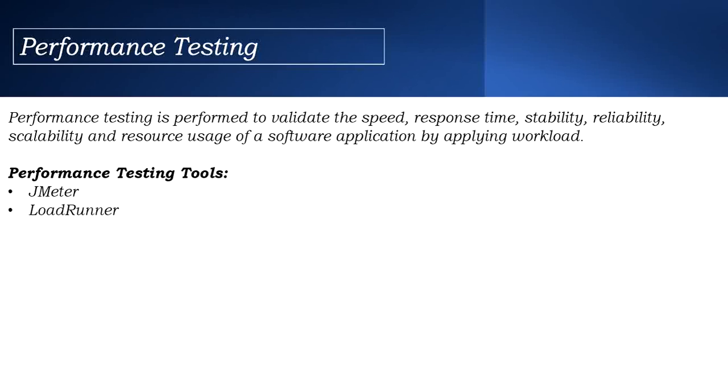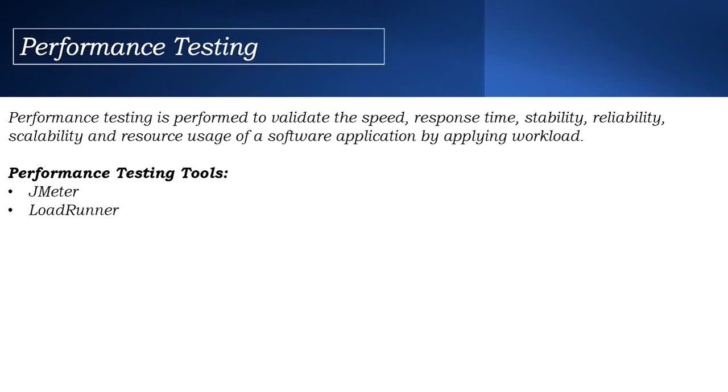JMeter and LoadRunner are the most commonly used performance testing tools. In real time, real users will be applying the load, using the application and getting the responses, correct? But while testing, it is not possible to put so much load, for which we need performance testing tools like JMeter and LoadRunner.